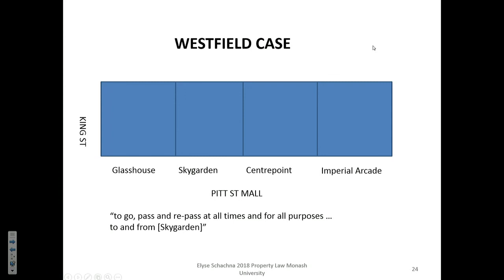So they couldn't then cross over to Centre Point and Imperial Arcade. I'm guessing it's going to be quite hard to police who's actually coming in here and parking here, and then who's going across and across. And despite the fact that Westfield lost this case, I'm sure they would have agreed to something